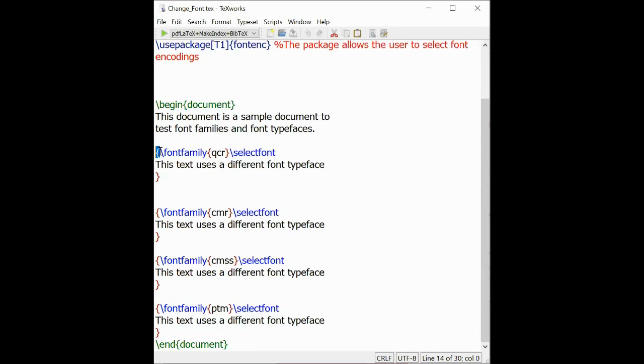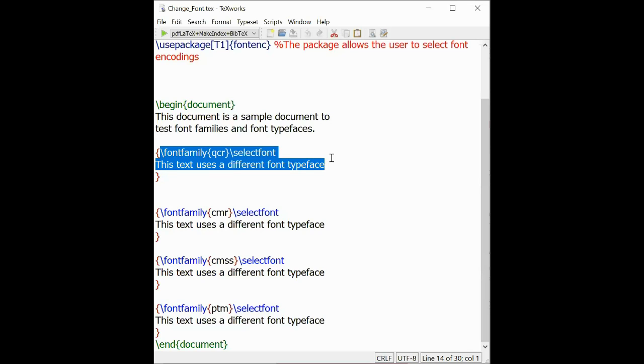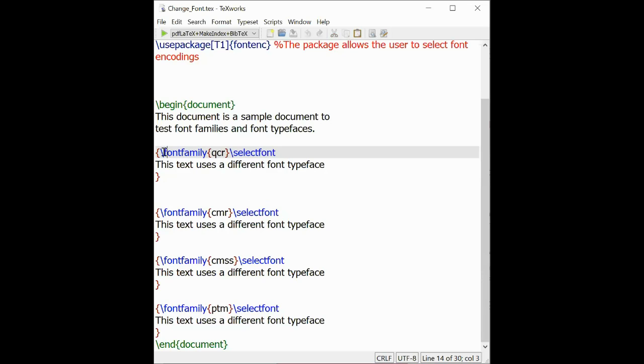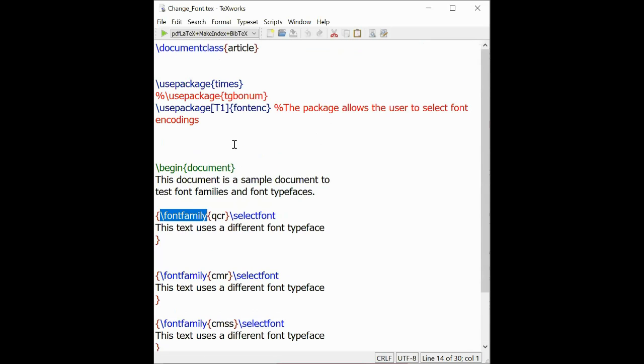So you have to put the contents inside the curly bracket for changing the font. You have to start with \fontfamily. So you need to know the contents of what is present in this package Times.